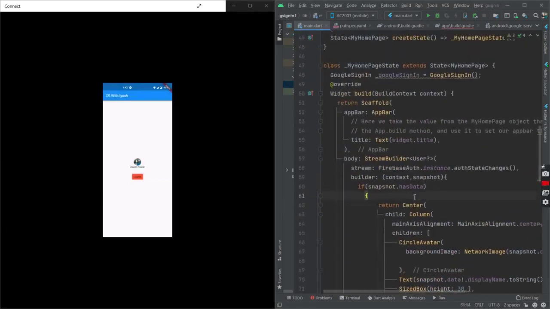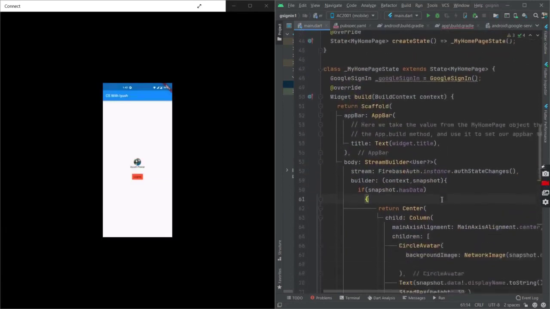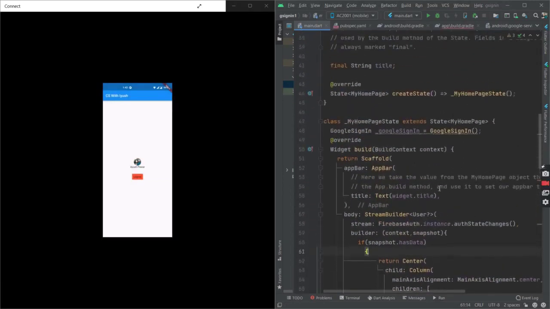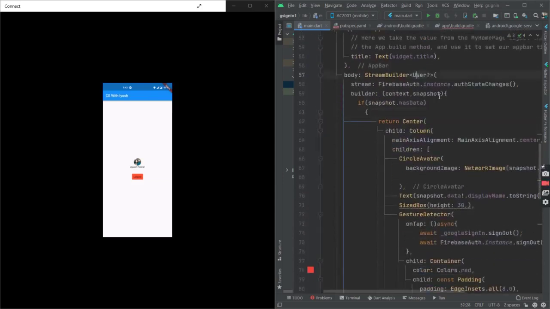So this is great. This is what we need, right? We always want to maintain the user's logged in status in real world apps. So this was made possible because we used the stream builder here. If we hadn't used the stream builder and had stored the signed in user in some variables, we wouldn't have been able to get this feature. We would have had to implement shared preferences to maintain the login and logout state of the user. But with the help of stream builder and this stream, we are now able to know the state of the user without using shared preferences.